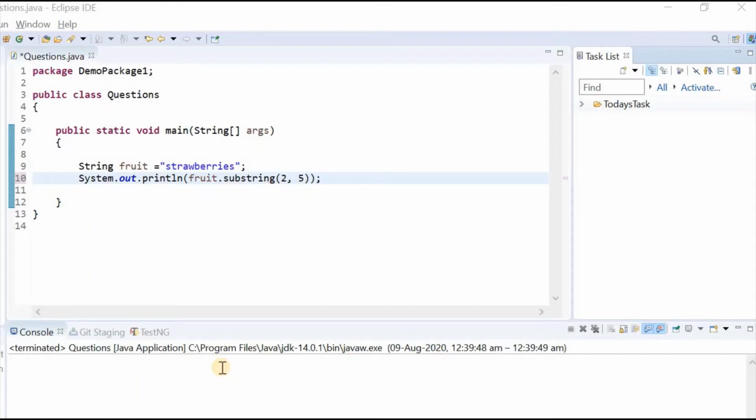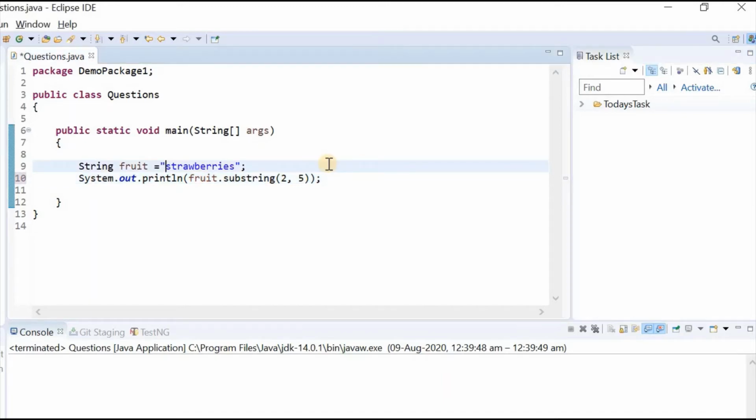The next question is, we need to print the letters starting from index 2 to index 5. The difference over here is 3. So we start from 2 and end at 4. In math, we would always do 3, 4, 5, but over here the priority will be given to the second index.